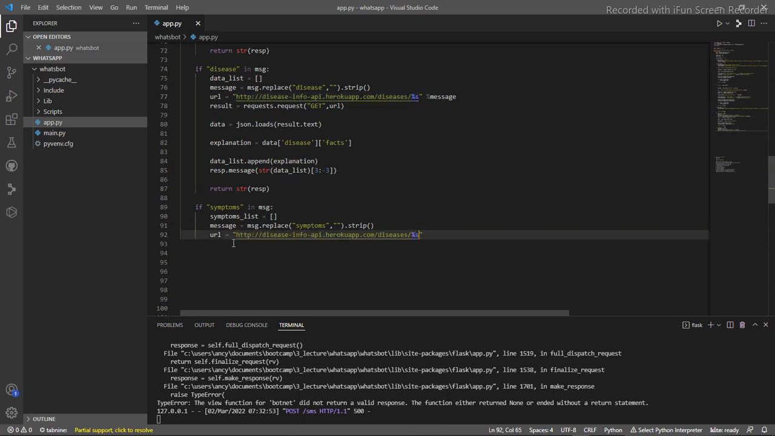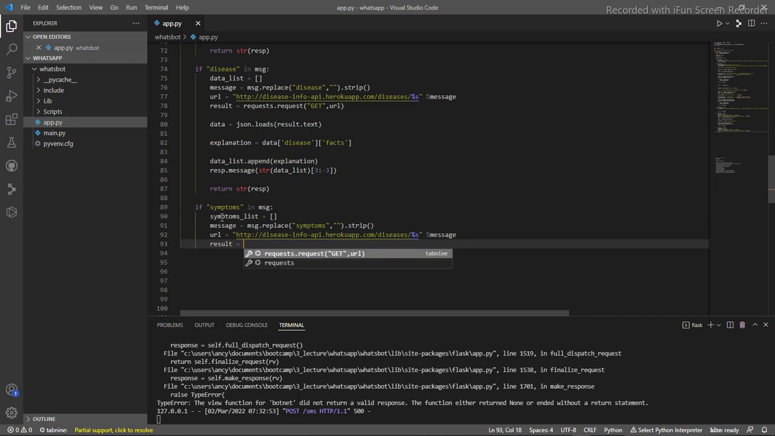So we're actually going to utilize the same URL and then the slash diseases, and then we're also going to get the disease here. And then we need to do also a %s, so replace this with the message that you receive from the user. And then also the same thing, we need to get this information. Here we've just passed in the URL, but we haven't gotten the information. So we're just going to say result equals to